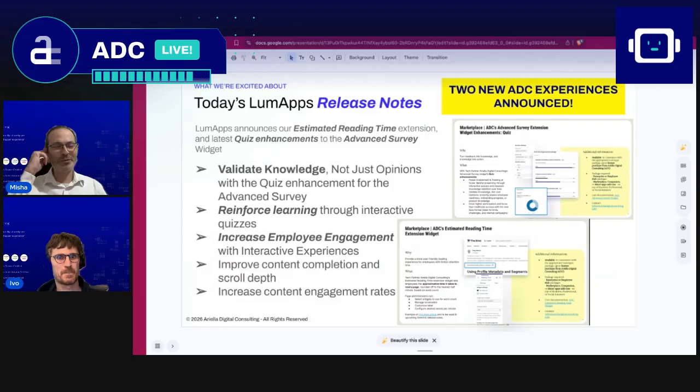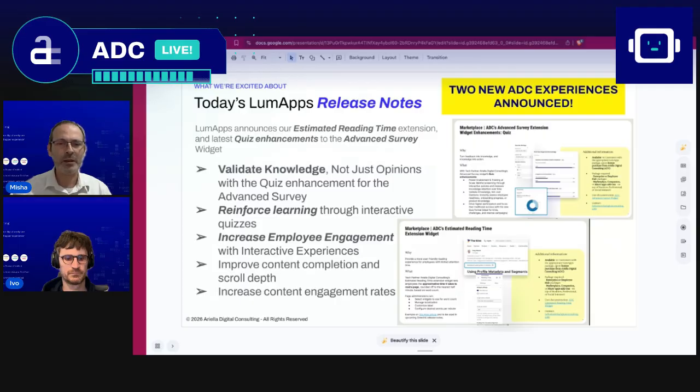First of all, obviously, what you just mentioned, that release is coming up with the mobile search custom configurations, but also LumApps is going to highlight two of ADC's extensions in this release. In fact, one of them is the one we talked about last week, the estimated reading time, a great extension that provides context around how long the page is, and essentially that will help folks set their expectation for how much time to set aside to read the page, and of course it'll increase some engagement tactics and increase some KPIs with analytics, improve your scroll depth analytics if you have those